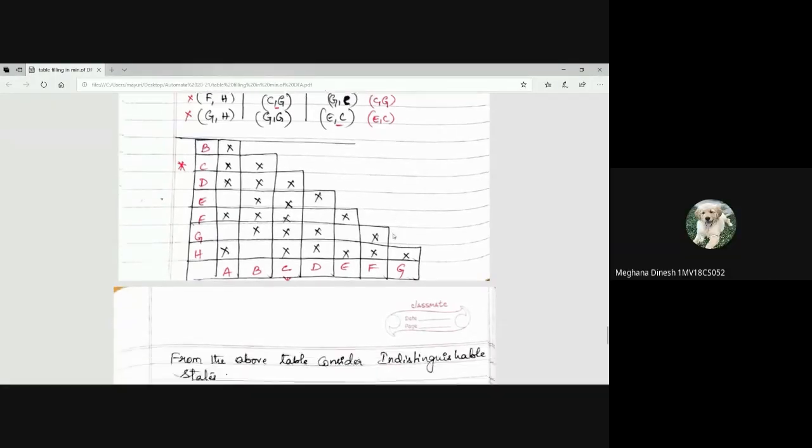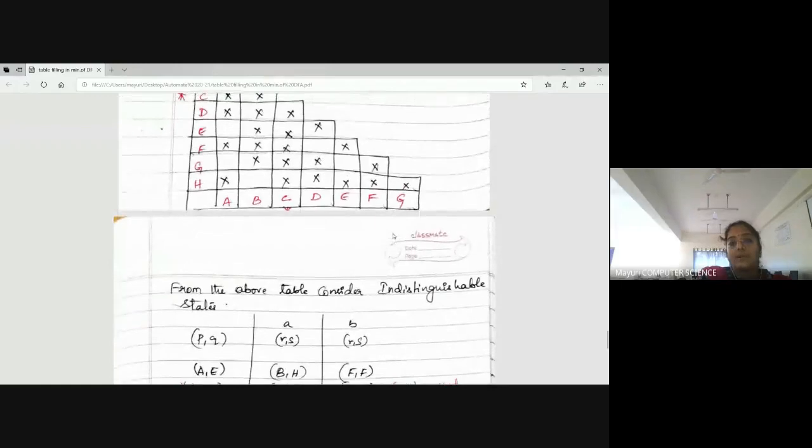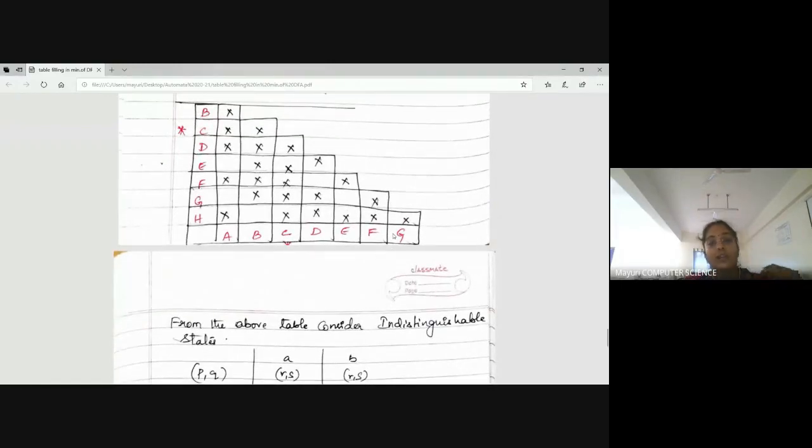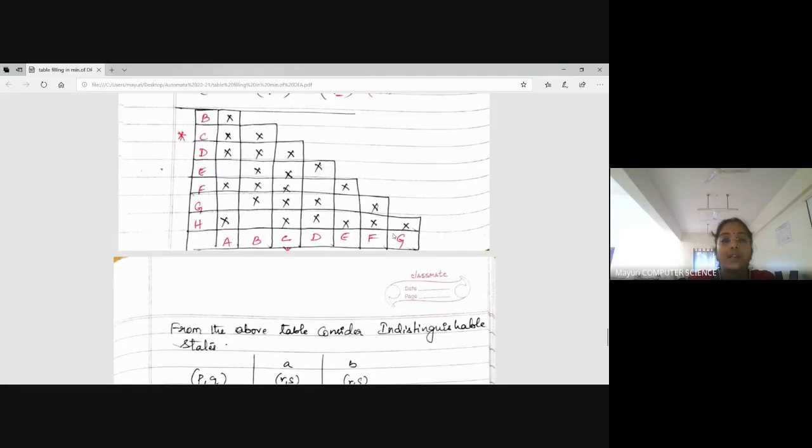No, ma'am. Fine. So now from the above table, every time what I'm doing, I'm taking only the indistinguishable pairs and then trying to minimize them, right? I don't worry about distinguishable things, whichever I made as cross marks, I don't consider them. Take only indistinguishable states and then try to minimize. Now you have